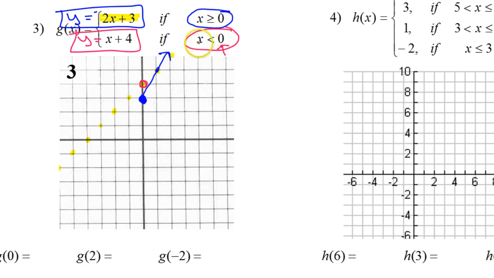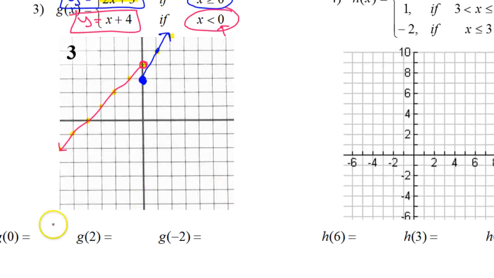And then it is less than, so I'm going to go to the left. Okay, so that's going to be these dots over here. All right, that was not a very straight line, but you get the idea. So this is what your graph should look like for number 3. And to evaluate,